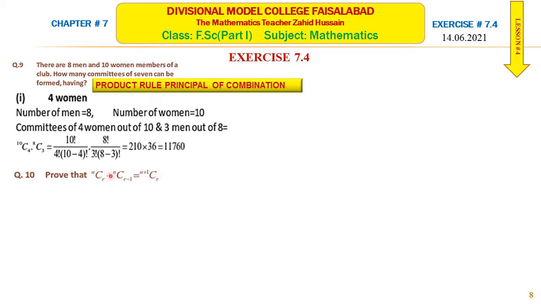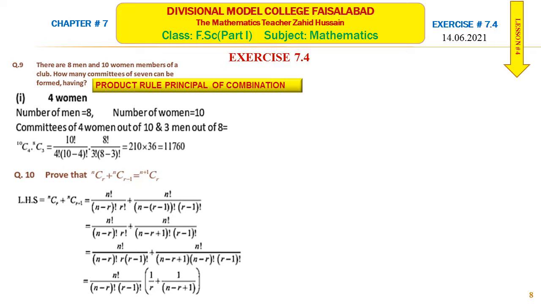We will solve the left hand side and the right hand side and show that both answers are equal, or we will solve the left hand side and prove that after simplification we get the right hand side. Taking the left hand side, nCr plus nC(r minus 1), simplifying using the formula, we get